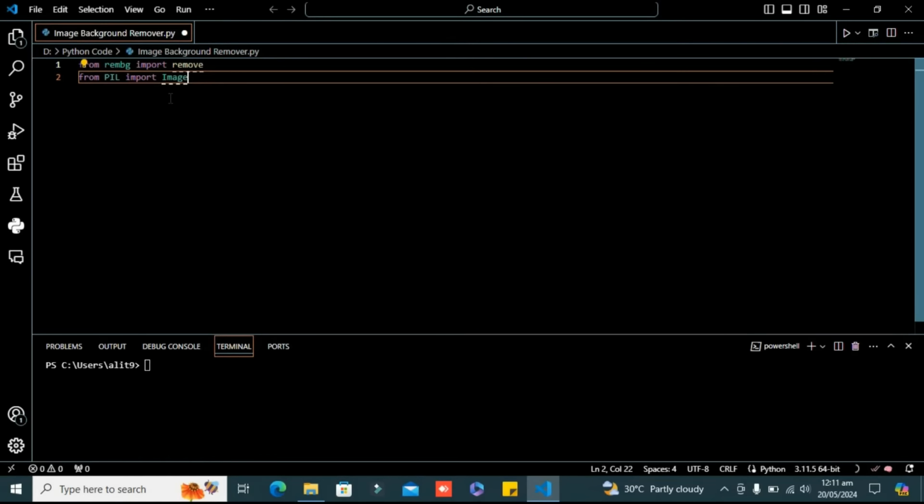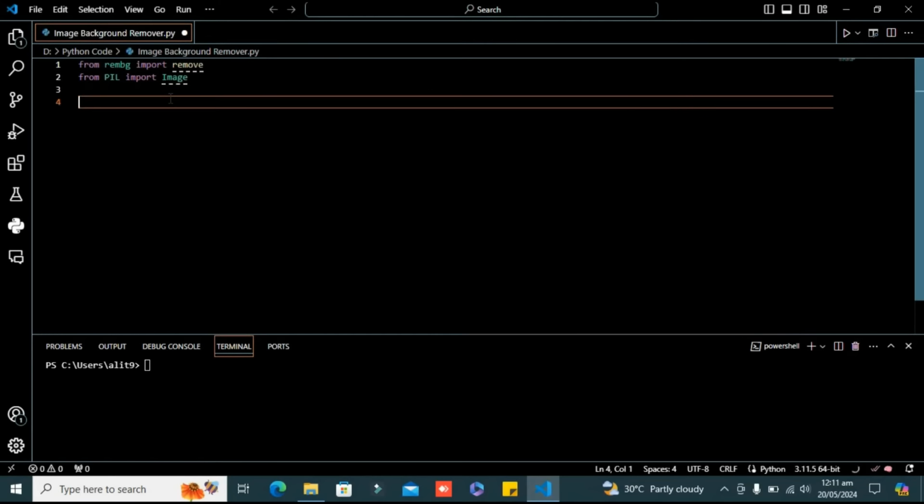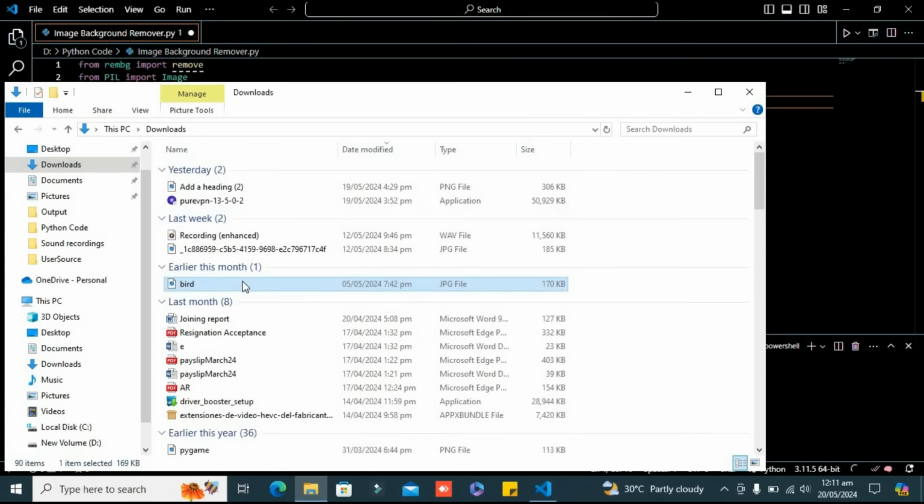Alright, and after importing these necessary libraries, I am going to create an image variable, and in this image variable I am going to insert the path of my image file. Alright, so let's copy the path. Here we have it in JPG format.